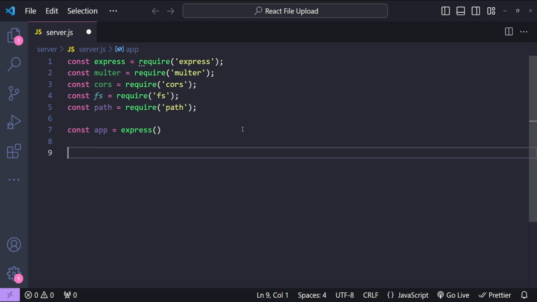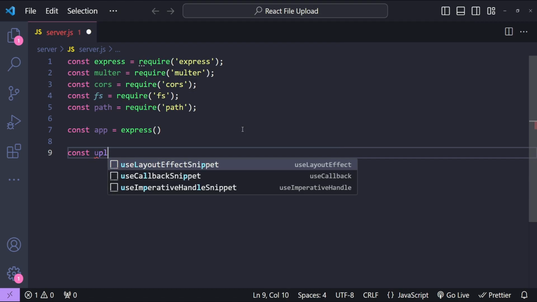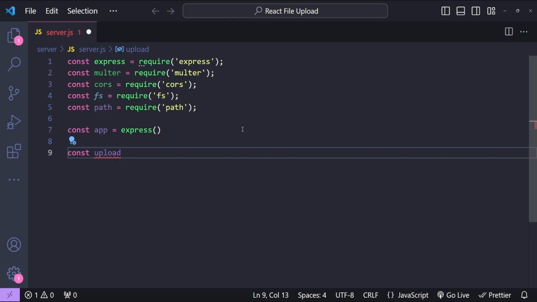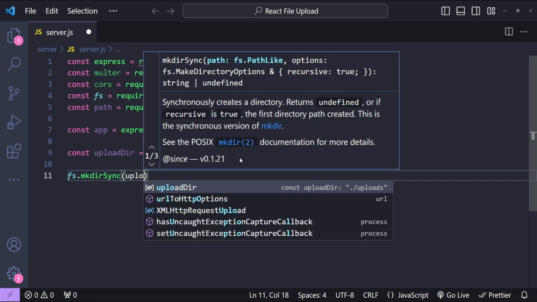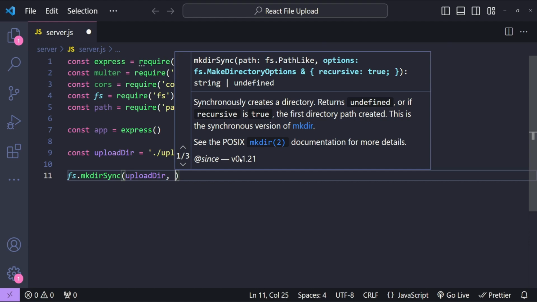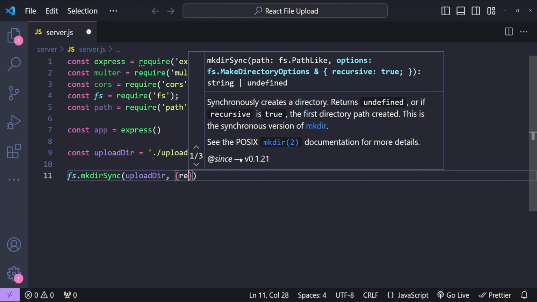First we need to write the logic to create the uploads directory if it's not there. So first I will create a const for the uploads folder path. So uploadDir equals /uploads. Next, we need to make sure to create the directory if it's not there. That can be done by calling fs.mkdirSync. Then we need to provide the upload directory's path as an argument, and then I'm going to provide the option